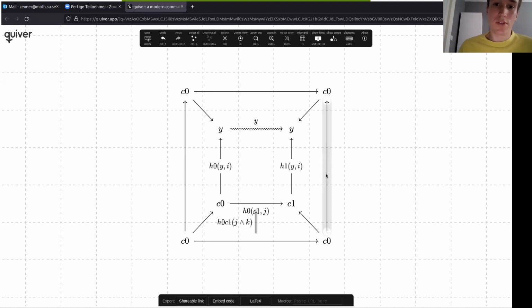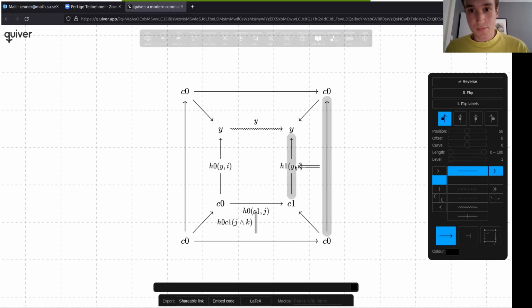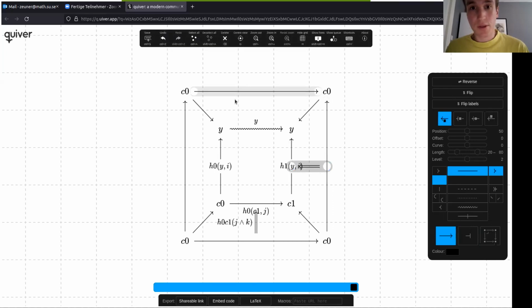So we want all of these to be refl. For the reason that we have one complicated square, we have one very easy square. We know how to fill this one where all the sides are refl, because this is just C0 everywhere, and then we just have to fill the 4 squares around here. So maybe this one is easy, because we go from refl to refl along